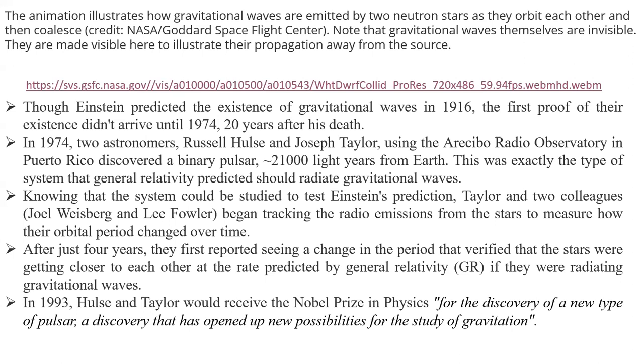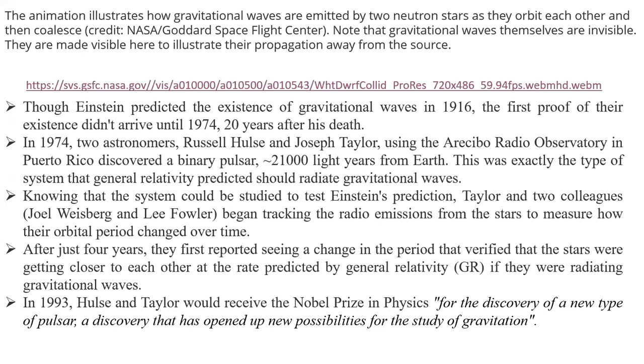In 1974, two astronomers, Russell Hulse and Joseph Taylor, using the Arecibo Radio Astronomy Observatory in Puerto Rico, discovered a binary pulsar about 21,000 light years away from the Earth. Binary pulsars can generate gravitational waves. This was exactly the type of system that general relativity predicted should radiate gravitational waves. Knowing that the system could be studied to test Einstein's predictions,